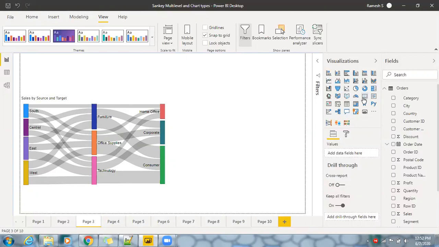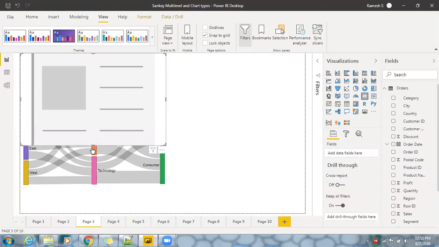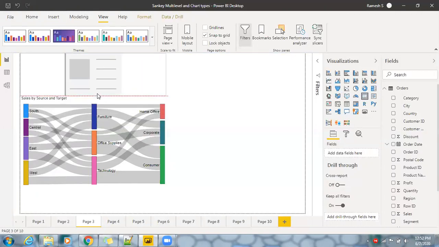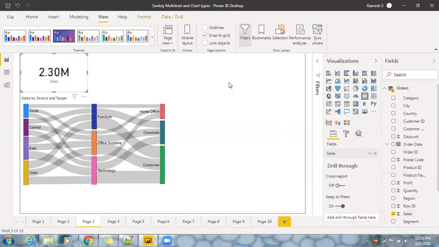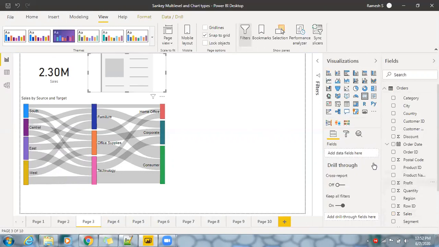Let's say I have this particular card. Let me insert sales information. I'm going to showcase sales information here. And let's add one more card for profit. Yeah, let's use profit here.